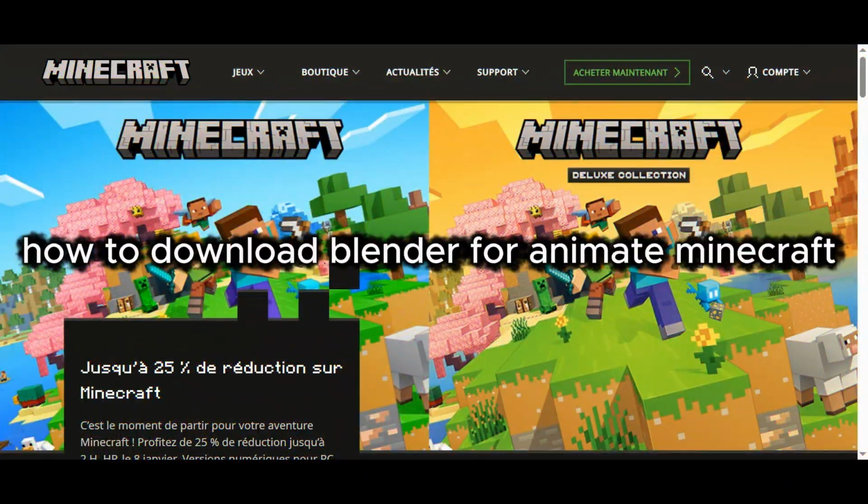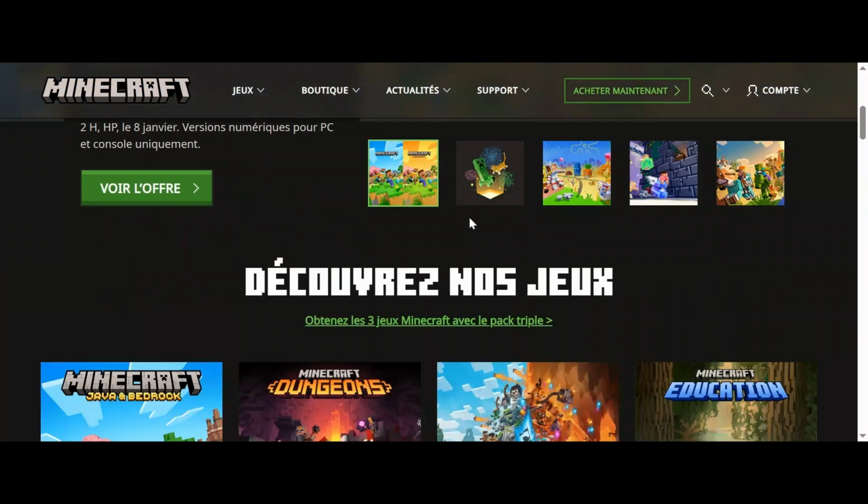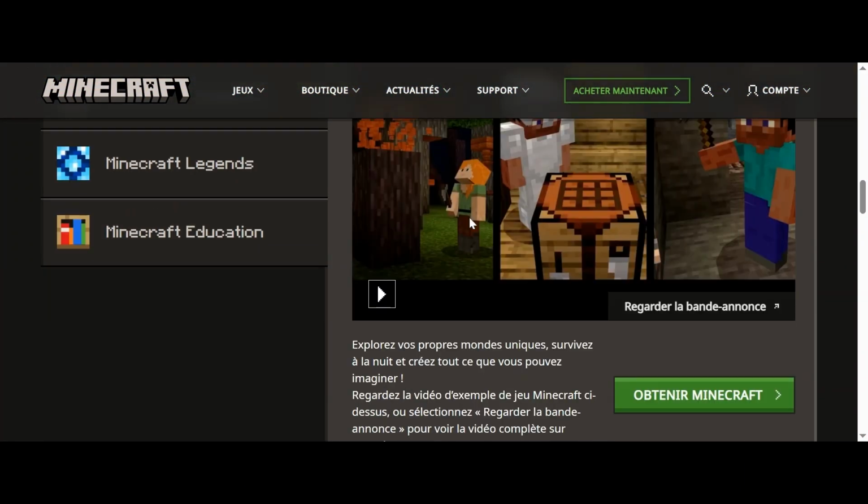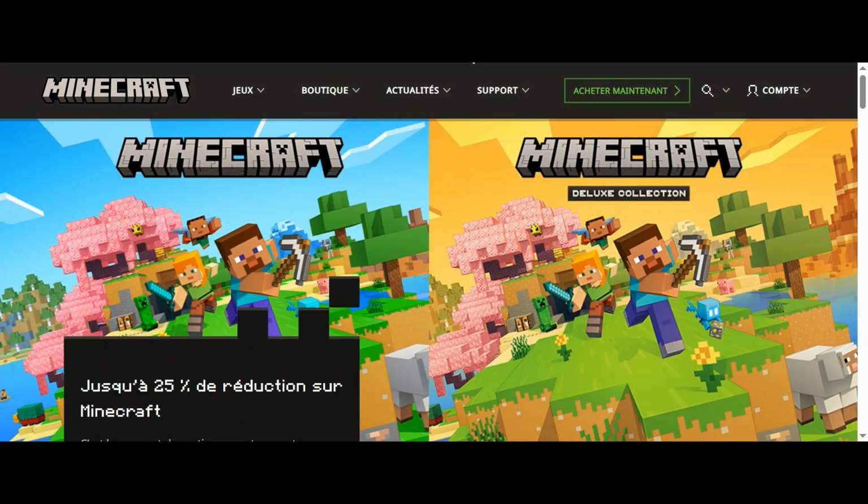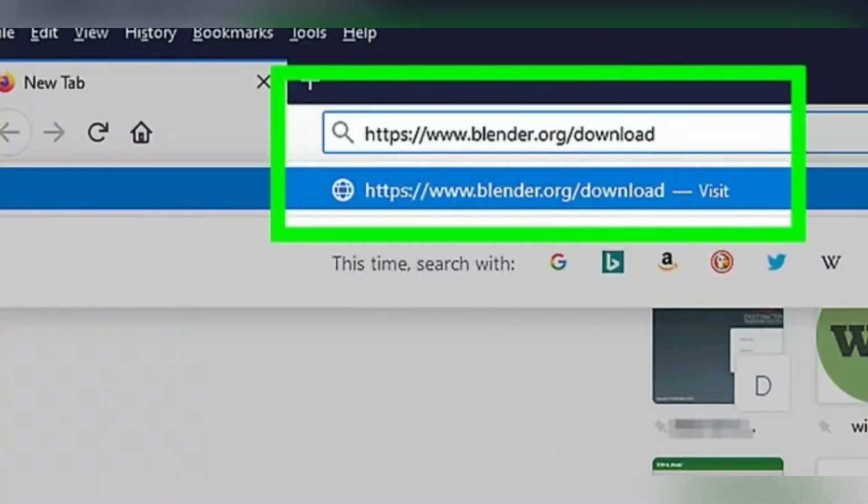To get started with Blender for Minecraft animations, open a web browser and go to blender.org/download. This is the official download page for Blender, which is a powerful 3D animation program that is completely free and works on Windows, Mac OS, and Linux. While there are other professional 3D programs like 3ds Max or Maya, those can cost thousands of dollars, whereas Blender